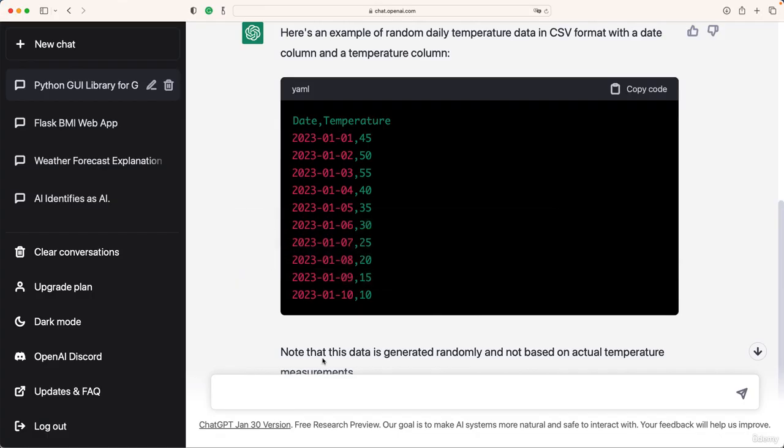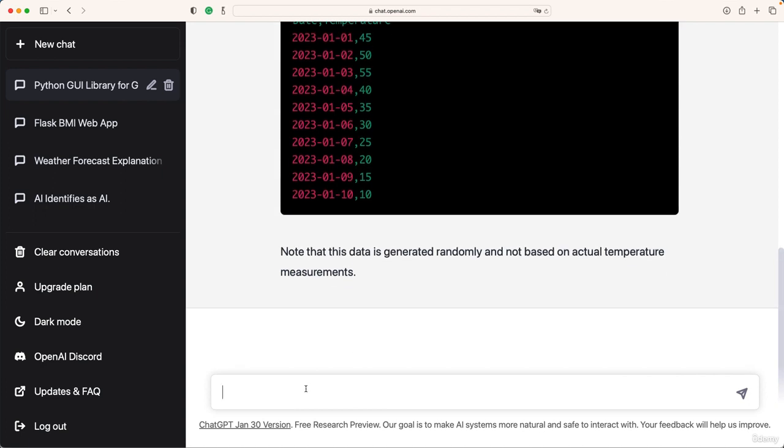Now the next step is to ask for the GUI program. Write an app using PyQt and matplotlib. You don't need to mention Python because these are Python libraries, so ChatGPT knows you're using Python. Where the user can... You want to think as the user when you write queries. So you want to describe the program from the user's perspective, what the user can do in this program, which ChatGPT has to write. So where the user can select a